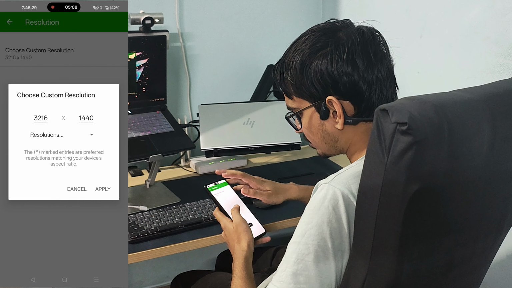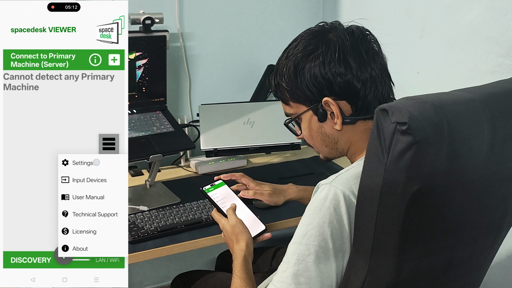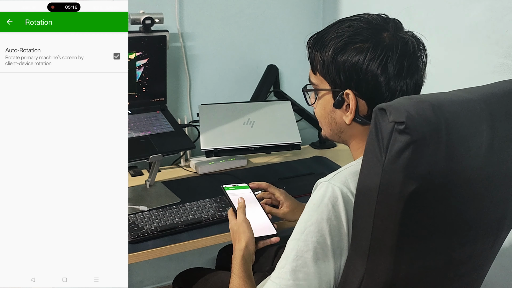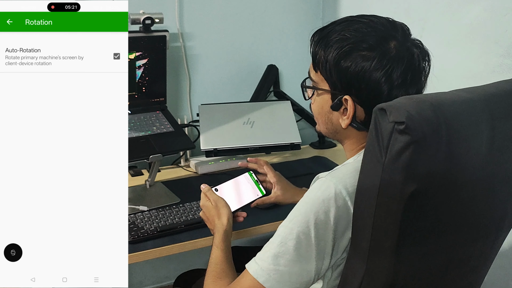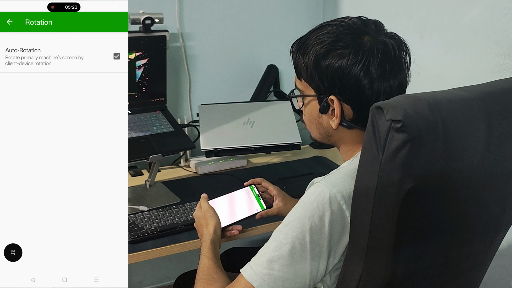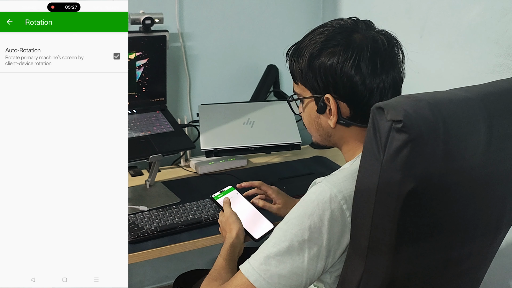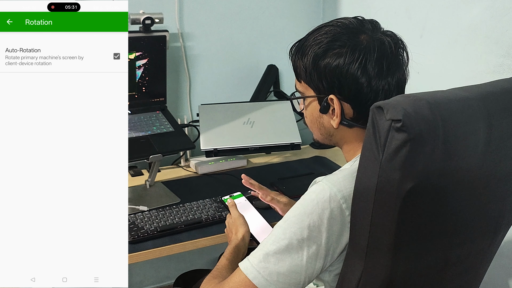So answer, this is fine for me. But the settings that you have to change is settings, rotation. Okay, so rotation, if you want to rotate it in any orientation, like for me, my charging is on the left, but this was on the opposite side of the text. So I could check this. So what happens now is that I can easily rotate my device also, and the entire display rotated,